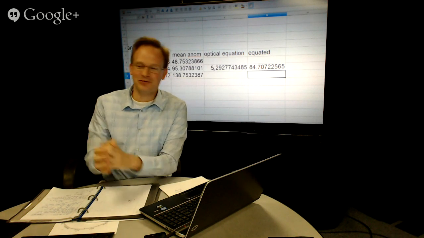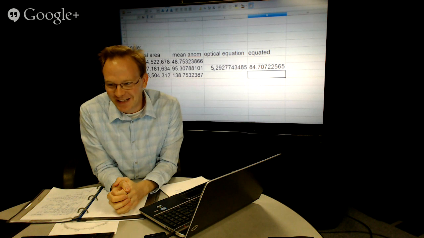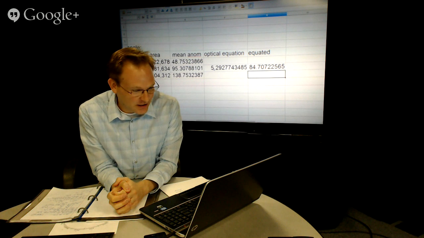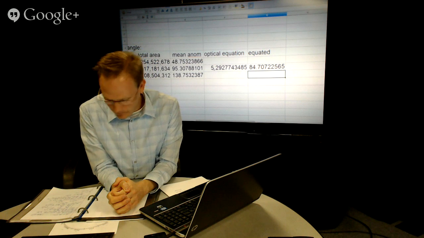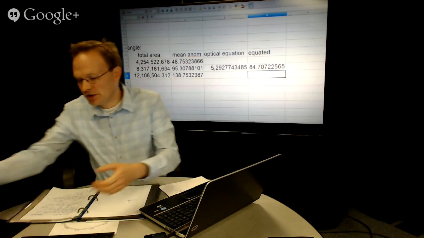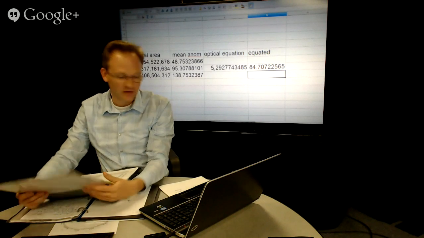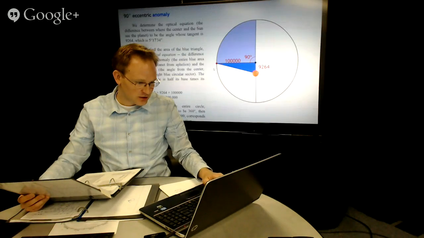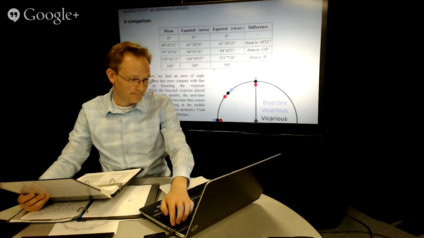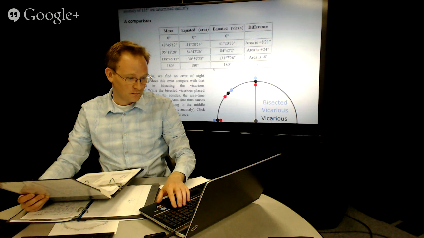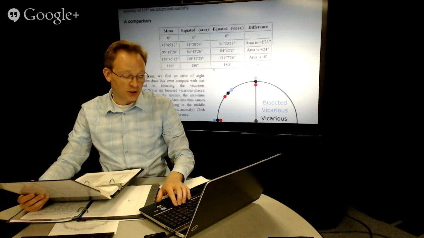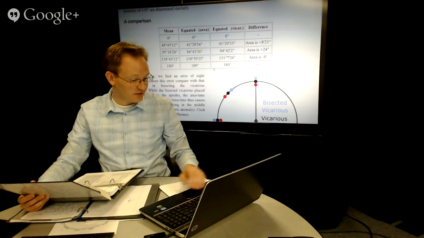I hate to kind of leave that one in a mess, but it sort of is right now. Let me make sure that's what Kepler got. 84.7 degrees equated 90. Is that what the...? Hey, Jason, was it 85 or 90? I thought it was 95. No, it should be 85 because it's less than